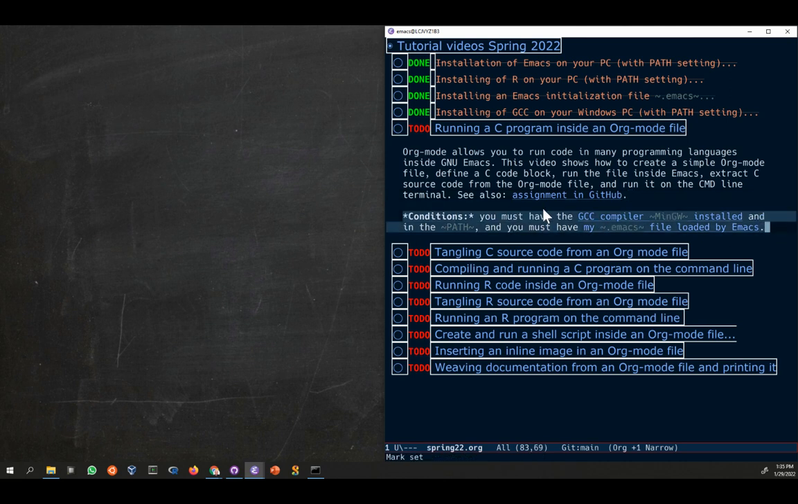And the conditions are that you must have the GNU C compiler installed, or any C compiler in fact, and you have to have it in the path so that Emacs can find it. And you must have my.emacs file, the one that I showed in a previous video, loaded by Emacs. In the description you can see links to both of these videos if you need them. So let's get started. First thing is to open a terminal,